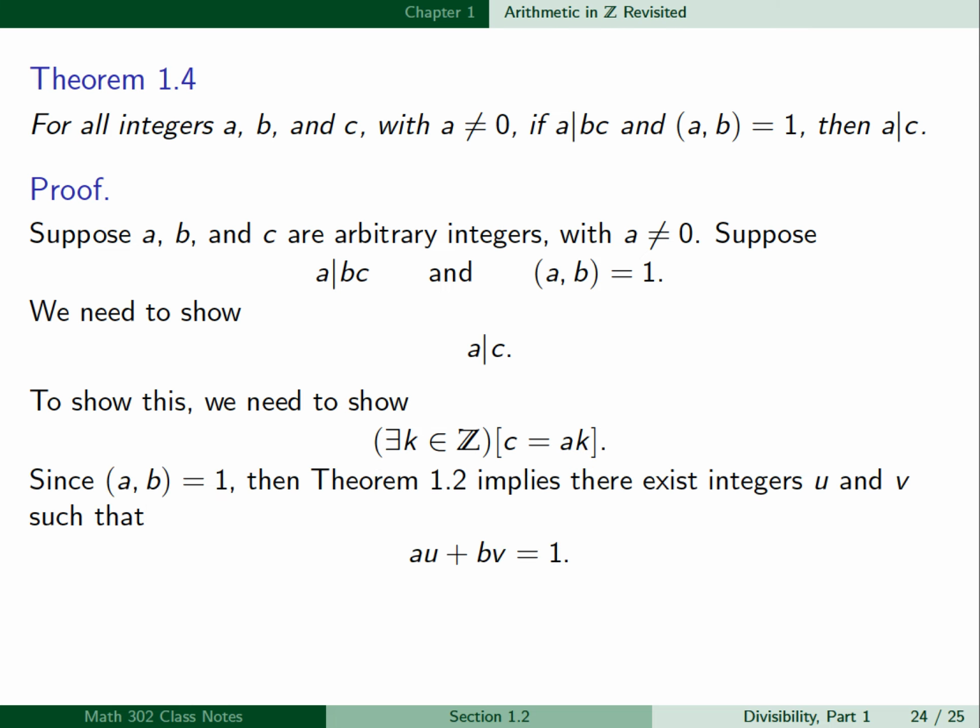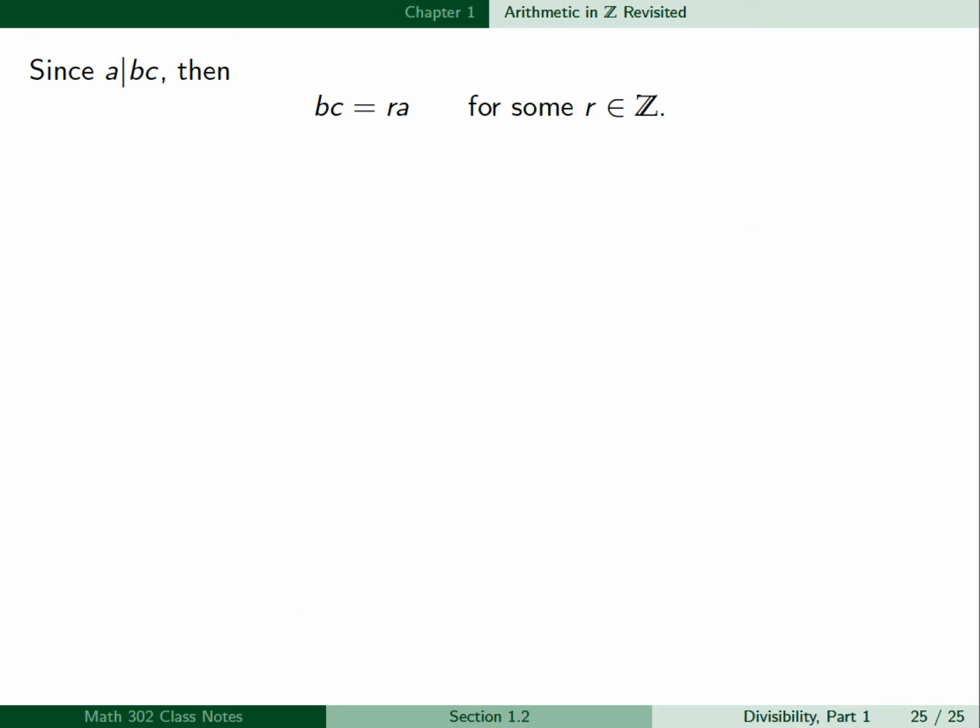Now, since the GCD of a and b is 1, then Theorem 1.2 implies there exist integers u and v such that au + bv = 1. So the theorem tells us that the GCD can be written as a linear combination of a and b. Now, multiplying this equation by c, we obtain auc + bvc = c. Now, since a divides bc, then bc = ra for some integer r. Then substituting